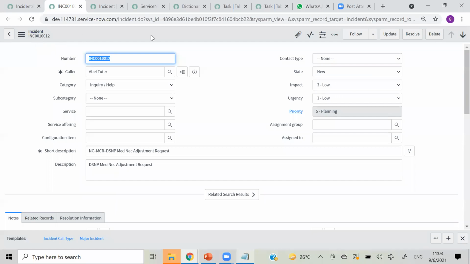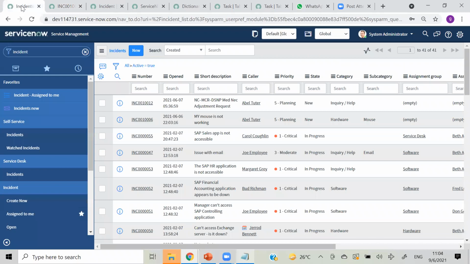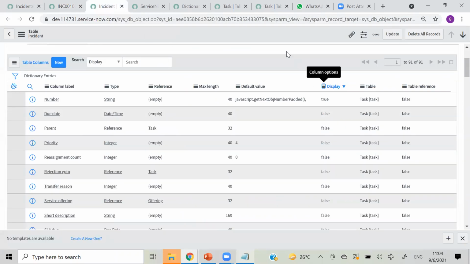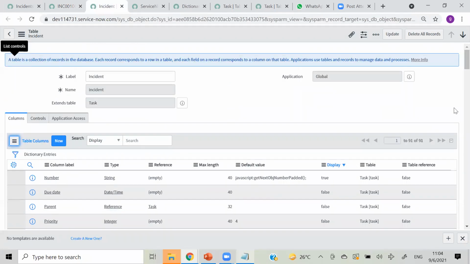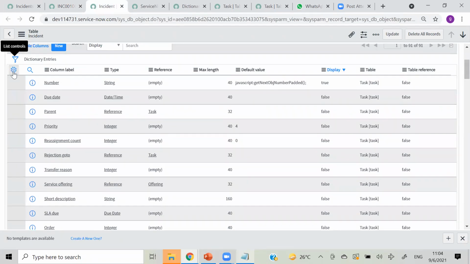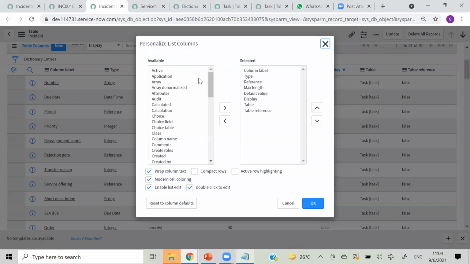If you make some other field like category as true, that will appear here. So this is the reason we make the display as true, so that it will appear on the top. Okay, so that is the purpose. And then, okay, we have one more concept: this audit.